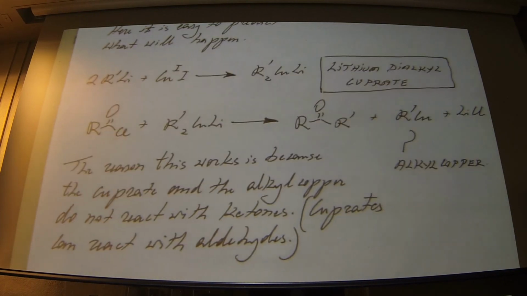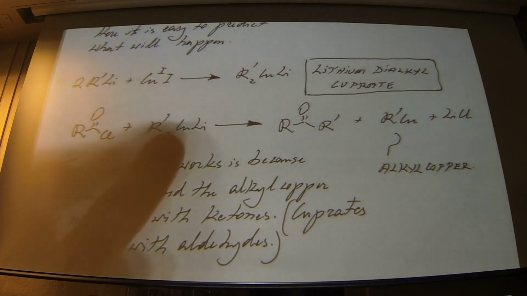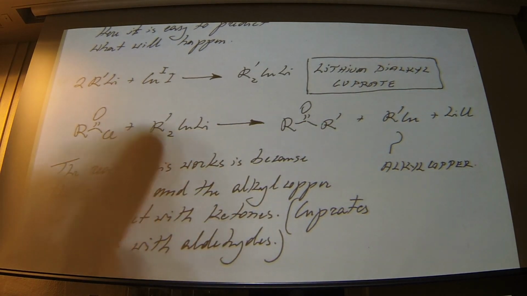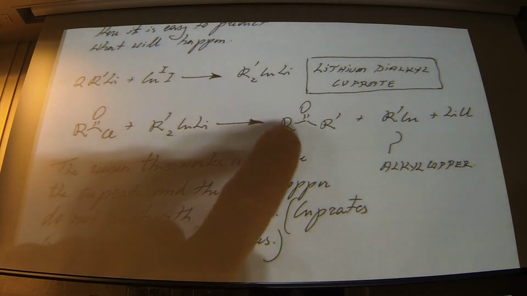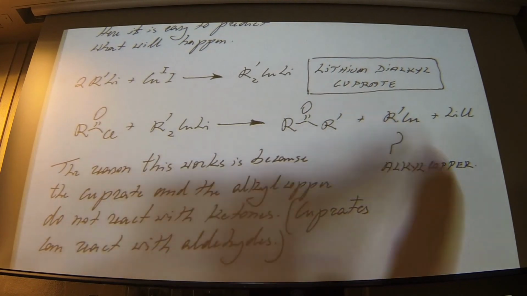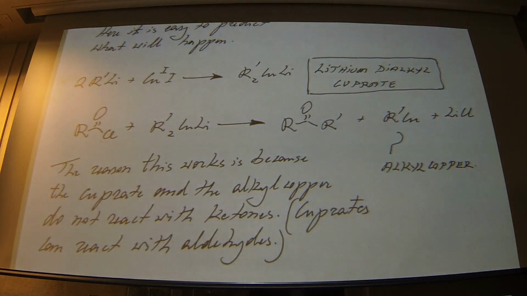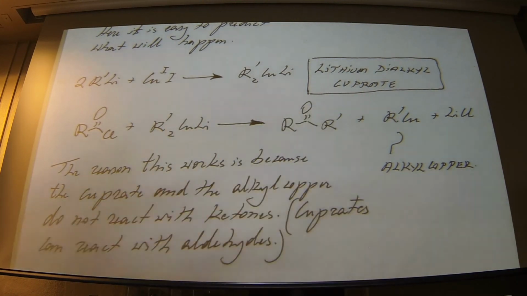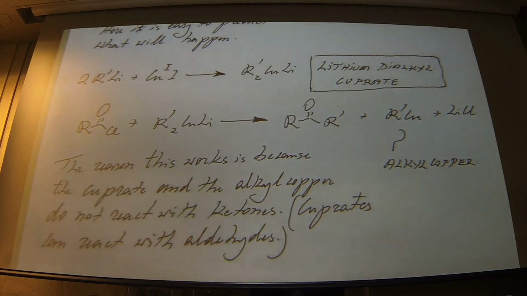And so if I allow an acid chloride to react with a cuprate, I end up transferring one of the R groups from the cuprate to the acid chloride to get the ketone and a copper species. This is not reactive enough to transfer an alkyl group there, and so it stops at the ketone. So if you want to convert an acid chloride to a ketone without getting tertiary alcohol, you use the cuprate, and it stops at that